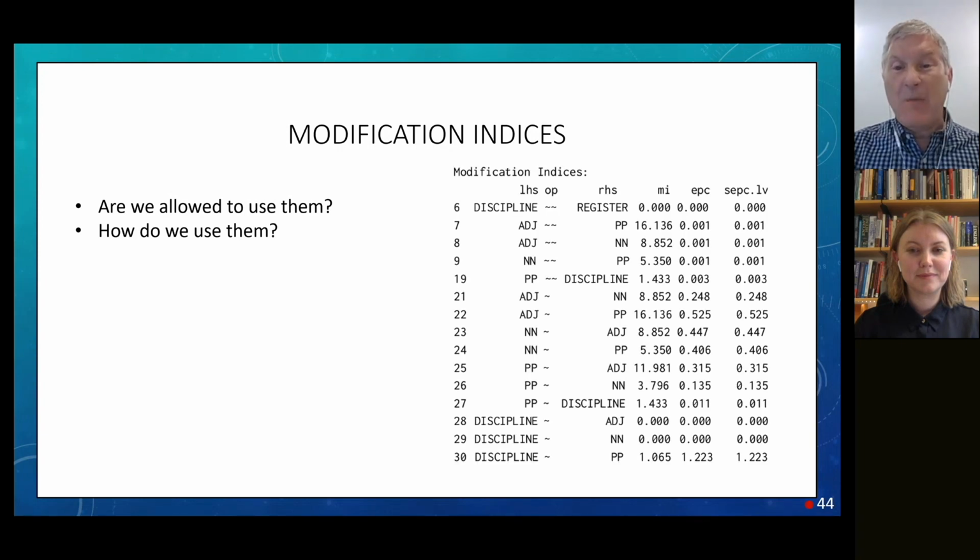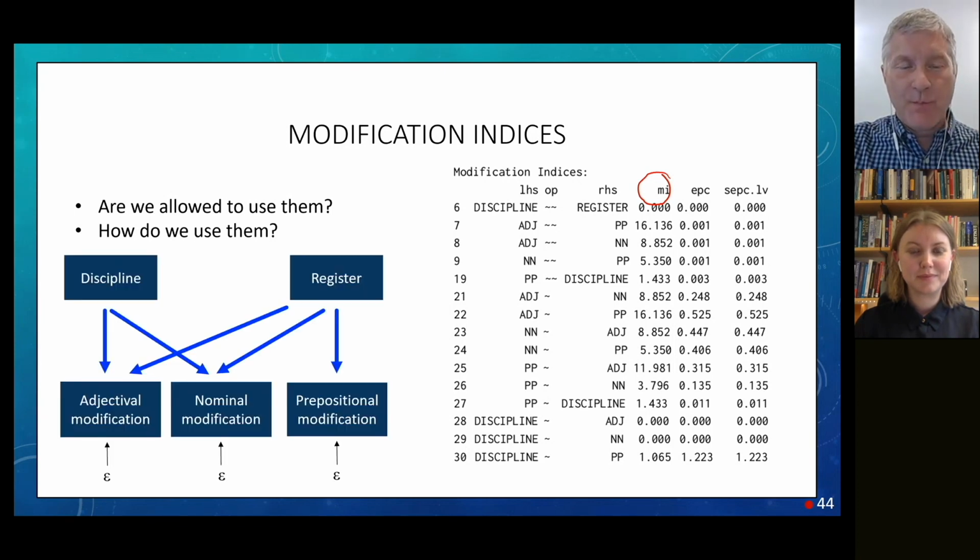Here is some output from Lavaan. Here are the modification indices. Now, there's a lot of information associated with this. Probably the most important numbers for our purposes will be in the MI column. MI stands for modification index. The bigger the number, which is in chi-square units if you care, the greater the impact expected from making the modification that is listed here. So for example, I have this particular model here.